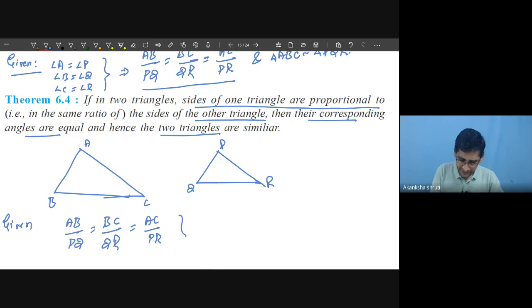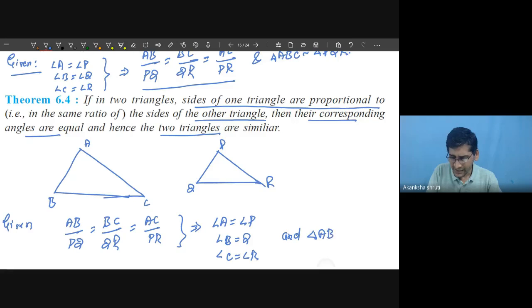This is given. Then this condition itself gives the next condition for similarity, that angle A equals angle P, angle B equals angle Q, angle C equals angle R, as well as